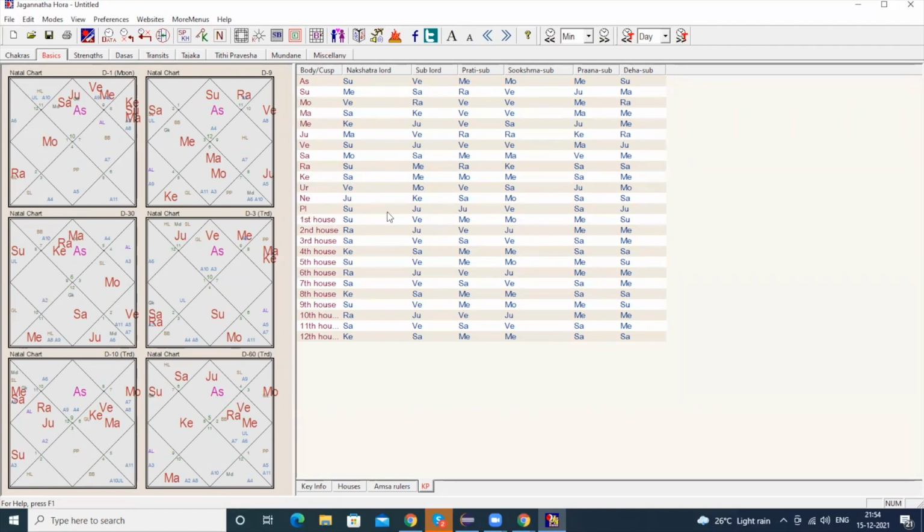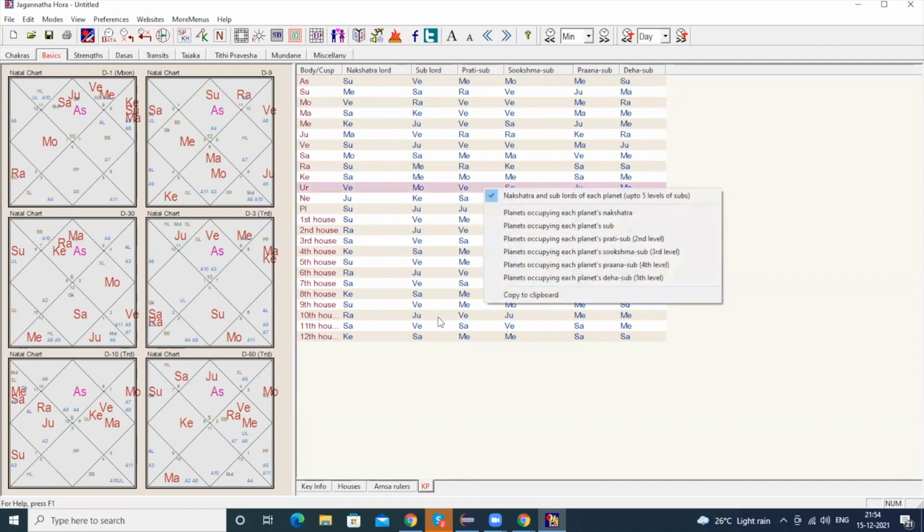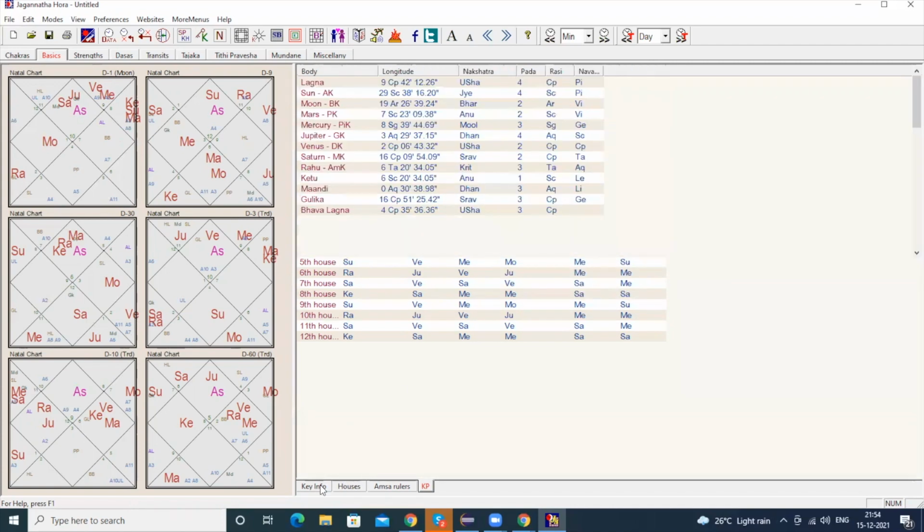So the first cuspal sublord is again Venus, second is Jupiter, third is Venus again, fourth is Saturn, fifth is Venus, sixth is Jupiter, then Venus, Saturn, Venus, Jupiter. So many Venus and Jupiter are waiting for this person, and even Saturn. But if you see the Nakshatra Lord, you can see here, you'll get it, okay. If you want to go back to key info, you can go in.